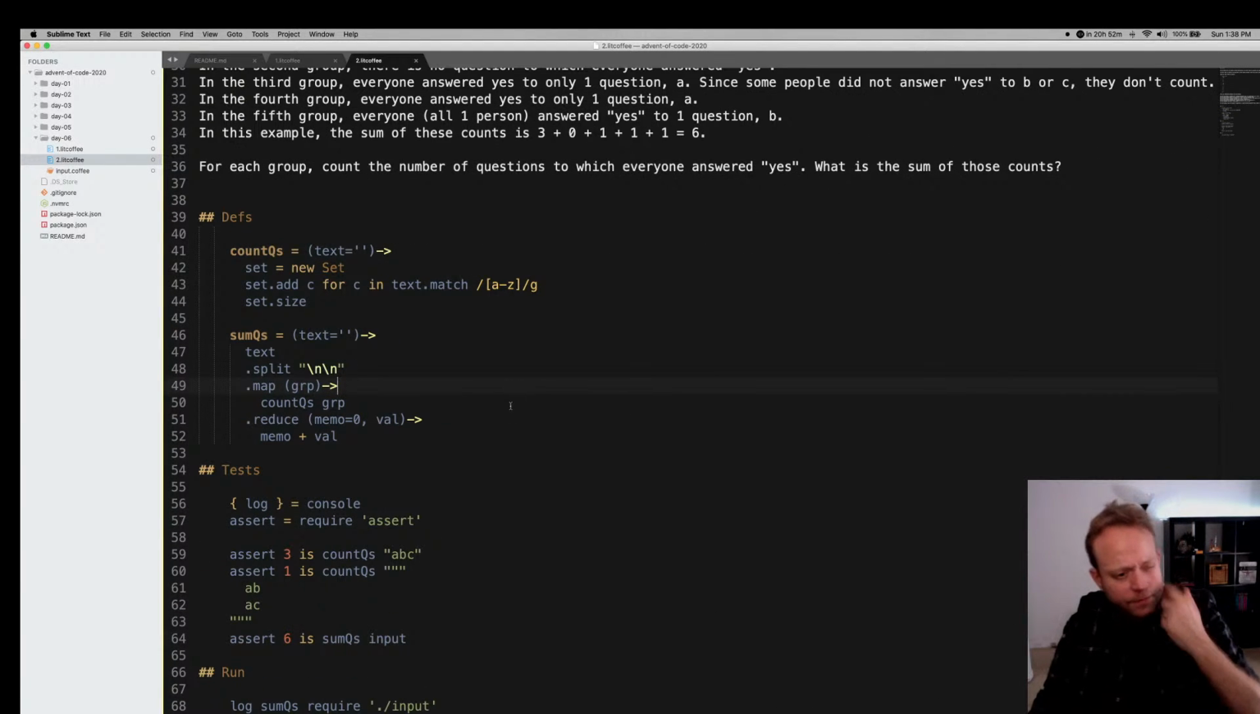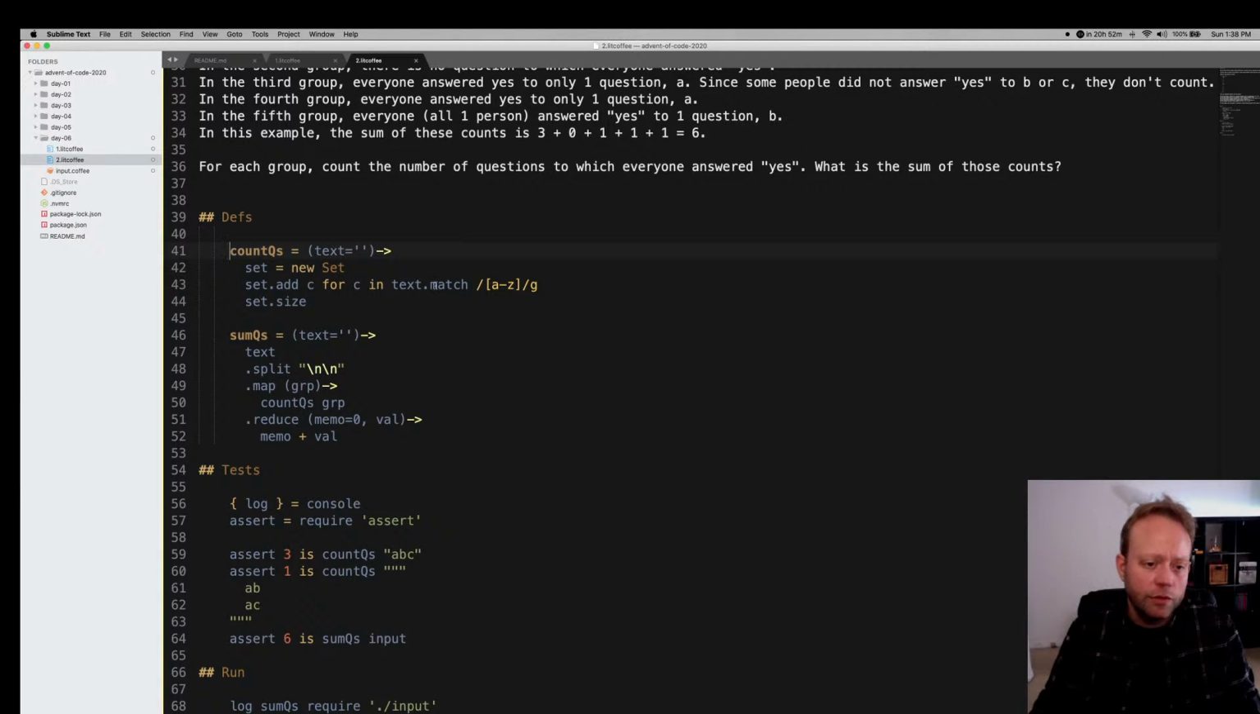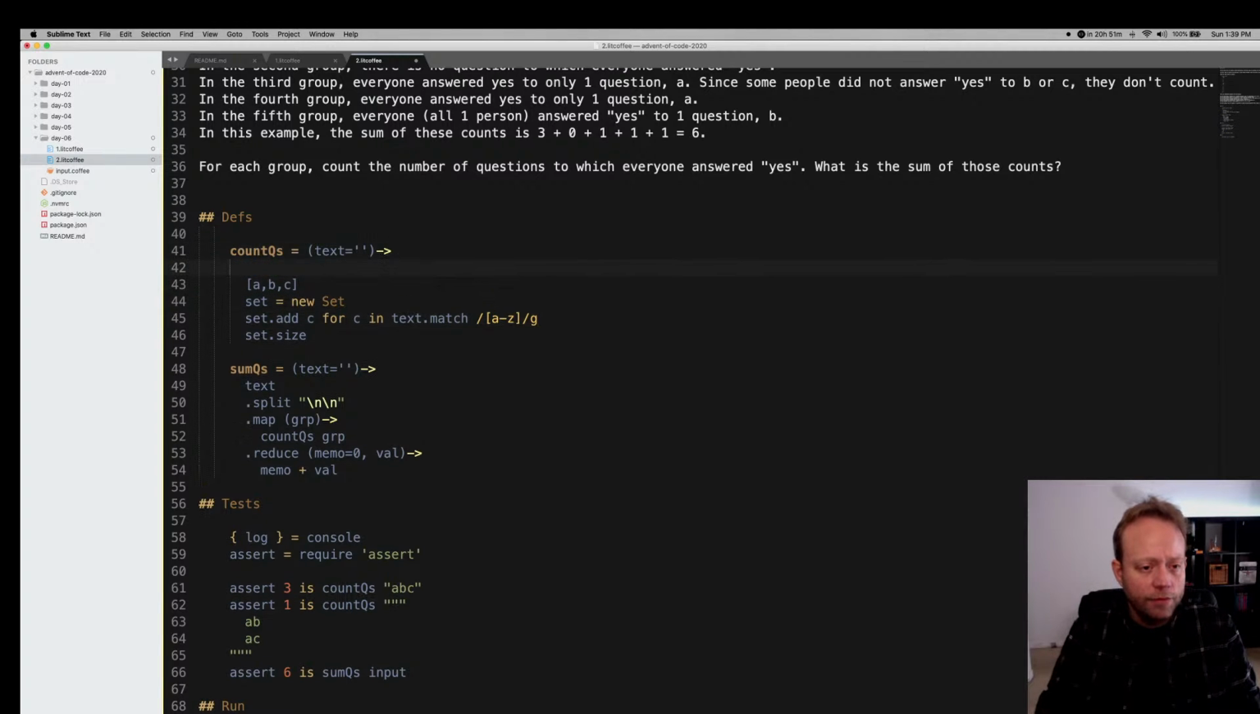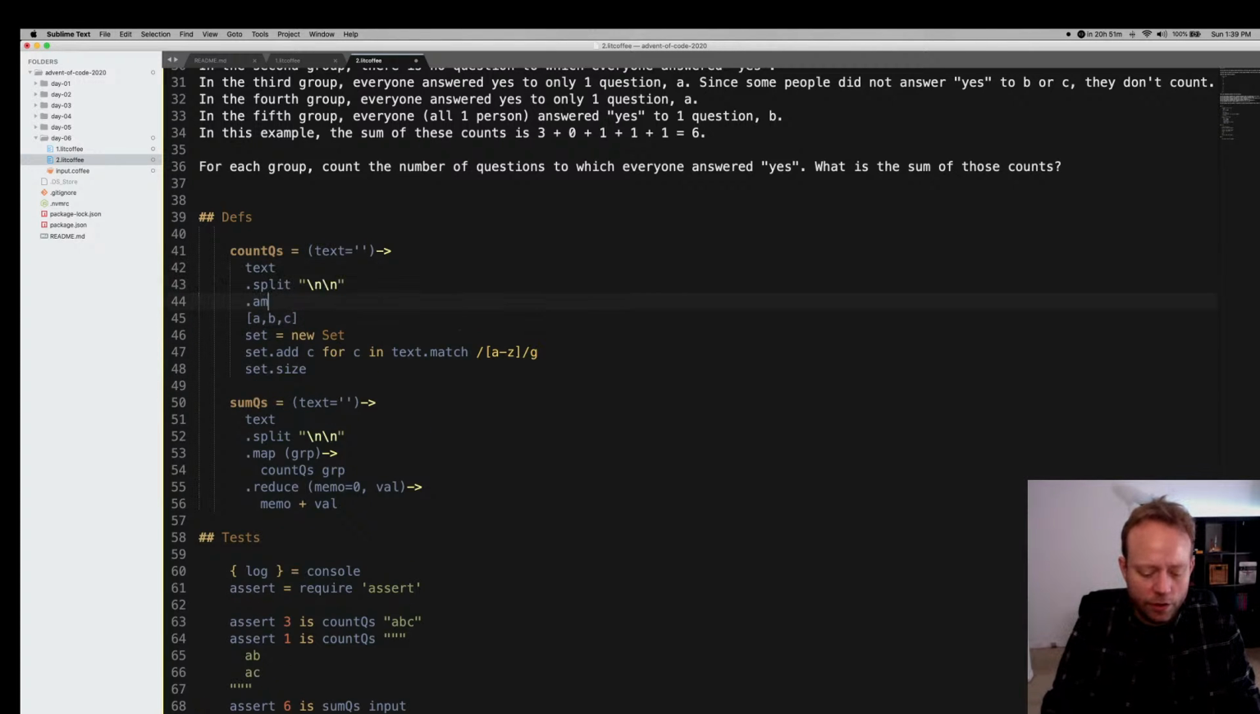Good. So countQs is going to change here. So really, sumQs is doing the same thing. It's just splitting it up into groups, and it is calling countQs on each group. So countQs is what changes. Instead of a set and adding A, B, C, and then C, which is already in the set, so it gets collapsed, what we want to actually do is comb through this line by line. So we actually care about lines now. So we're going to basically do what we do here, and then we're going to do map,